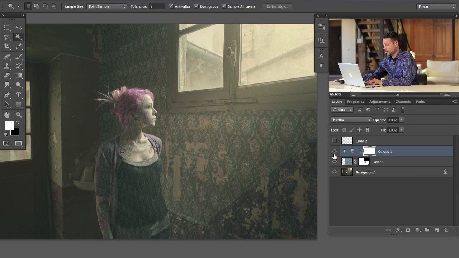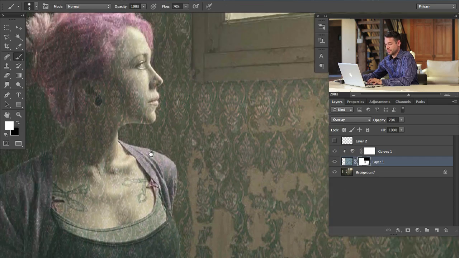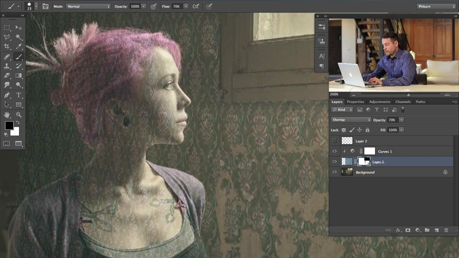And because this is a low contrast image to begin with, that needed to happen, or it was just going to look really weird. All right, next thing we're going to do, I'm going to layer mask over our subject, because it would look really weird if there was wallpaper all over our subject. So that one's, I think, a pretty no-brainer. If I have to explain that to you, then, well, I'll just do it anyway because I'm a nice guy,